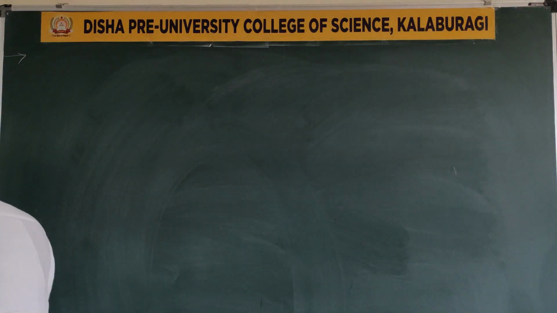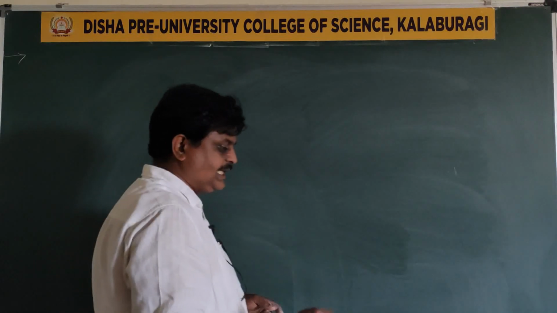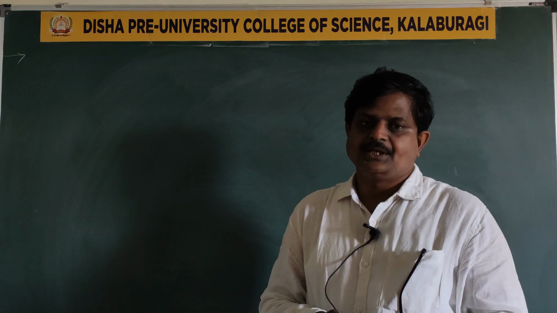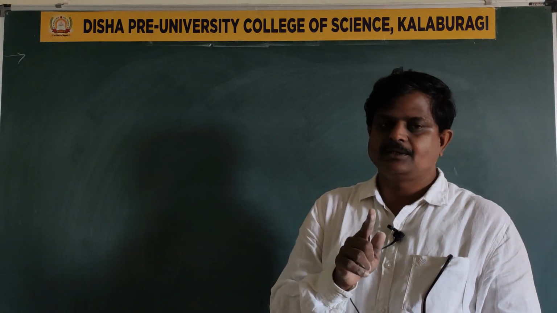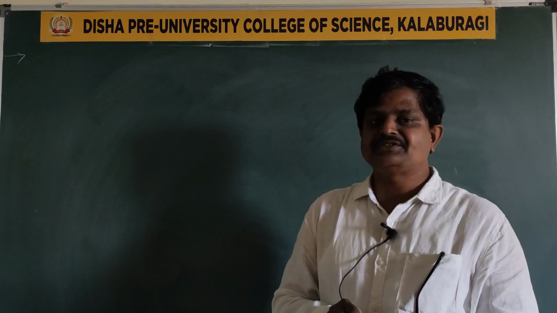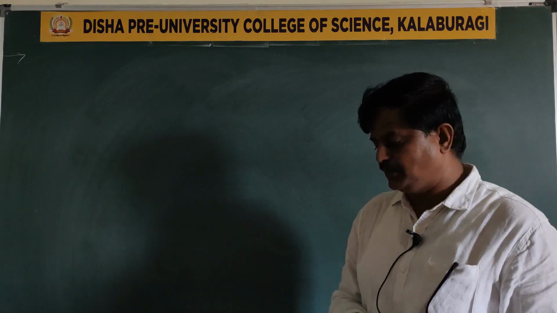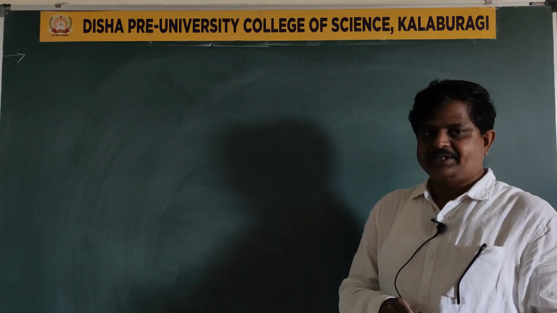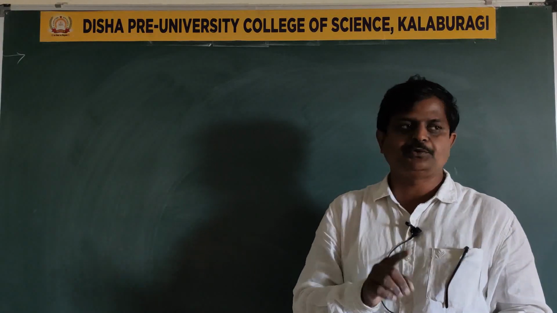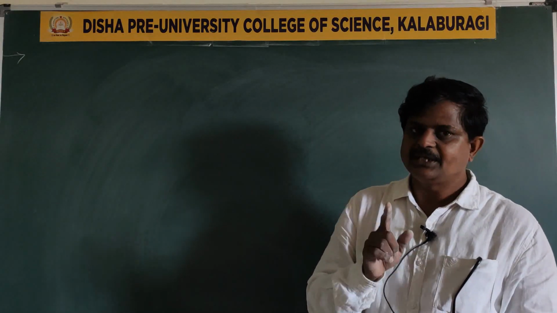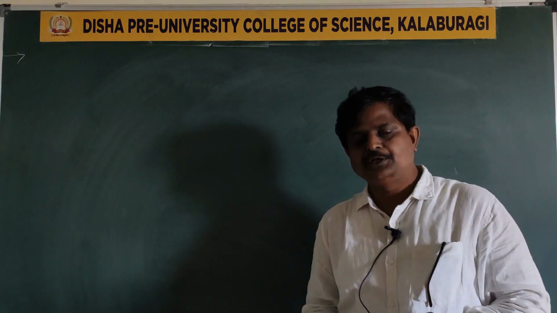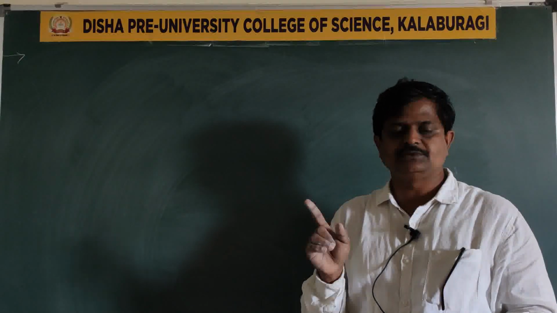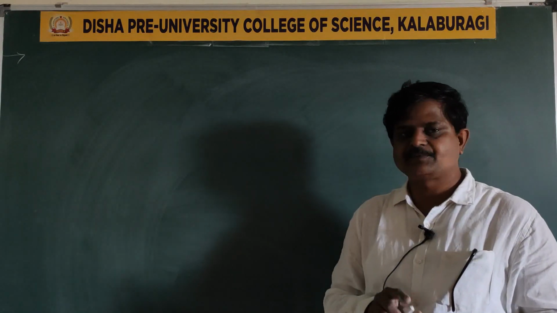Next one. All of you know what I, J and K stand for. I is the unit vector along the x-axis. J is the unit vector along the y-axis. K is the unit vector along the z-axis. Now, what is a unit vector? Do you remember? It is a vector of magnitude 1. What is the significance of a unit vector? Unit vectors are always used to specify direction. Now we have a fixed denotation, that is I, J, K. What do I, J, K correspond to? The x, y and z axis respectively.